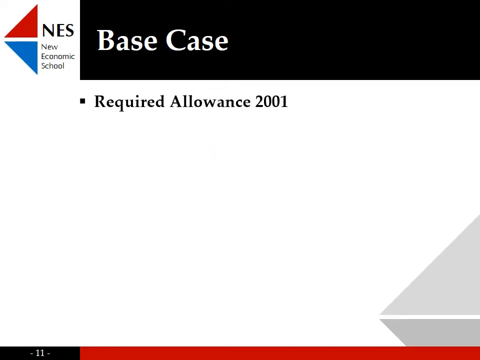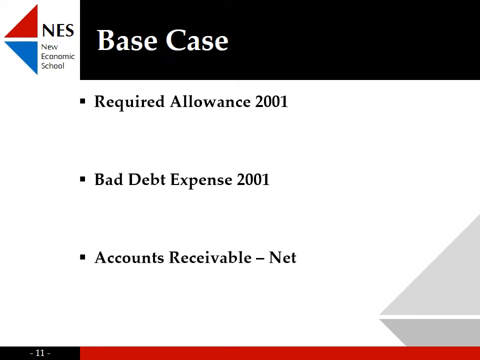We will solve phase 3 of our problem in 3 steps. First, we compute the required allowance at the end of 2001. Then, we compute the bad debt expense as the difference between the required level and the carrying level of allowance before the end of 2001. And then finally, we will compute the net accounts receivable as the difference between the gross amount and the level